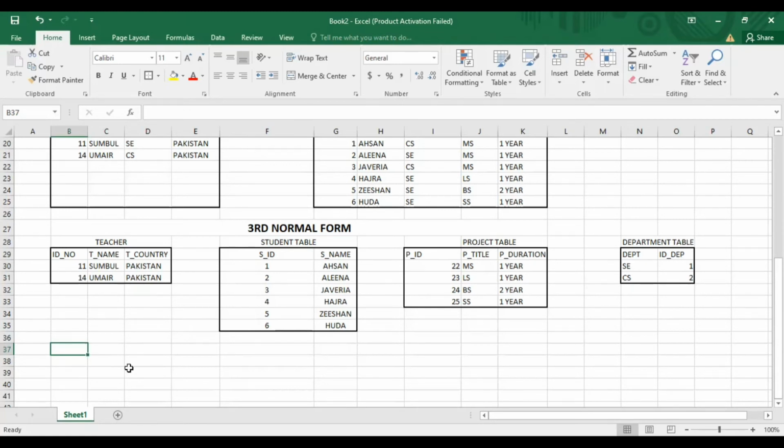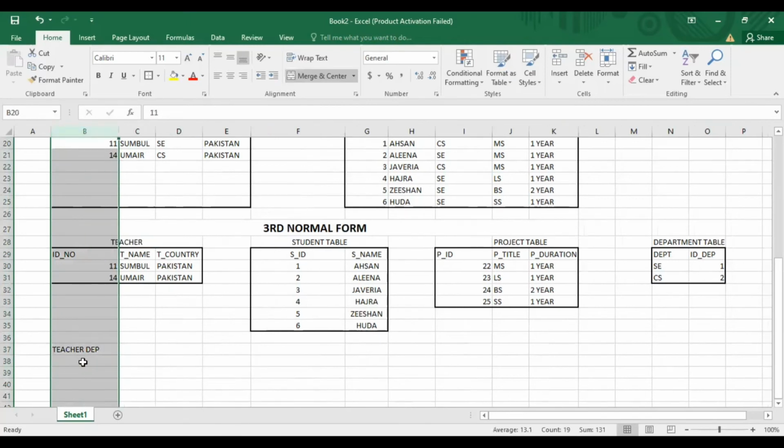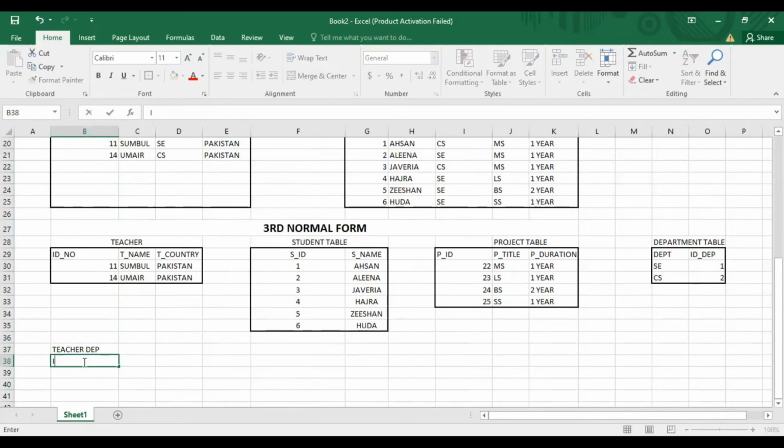Okay, first the teacher and student relation, or you can say the teacher and department relation. Let's create a teacher and department table. What we will do, we will write the ID number of the teacher, and we have to write this column, ID department.